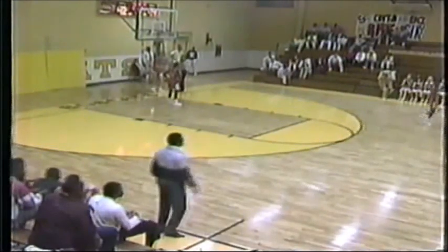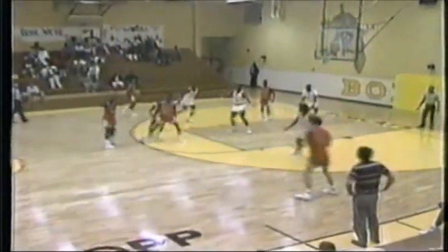So it's a 7-point ball game, 2:52 remaining. Bobcats up by 7. Clock running, and Charles Henderson on the run. It's up and no good. And big number 50 goes in and slaps across the Bobcats. 1-1. Let's see who'll be going to the line with the Bobcats. I believe it'll be